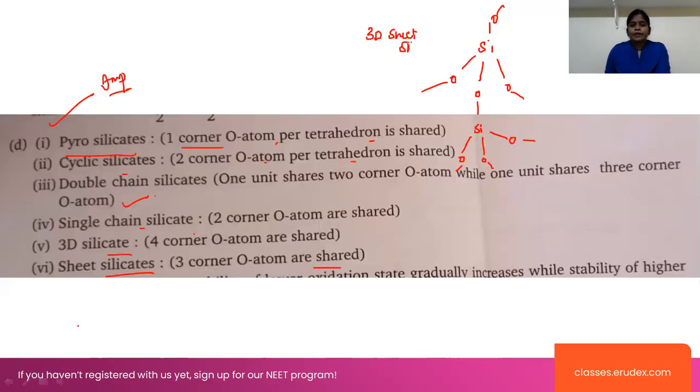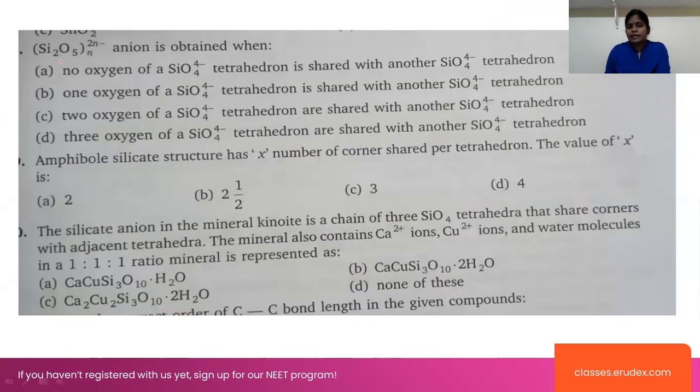Now look at the next question: the anion Si2O5 to the power 2n minus is obtained. In this case, this will be of the SiO5 by 2, right? This is of the minus 1 here. Now in this case, we are writing the formula as Si2O5 n, and here it is of minus 2n here. Now how can we get this one?